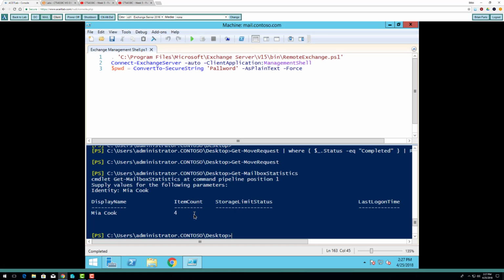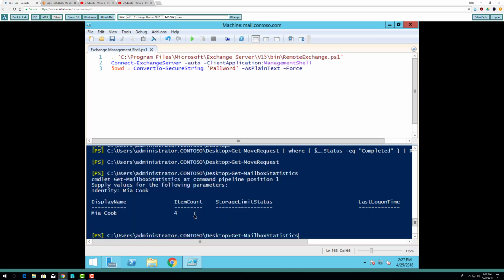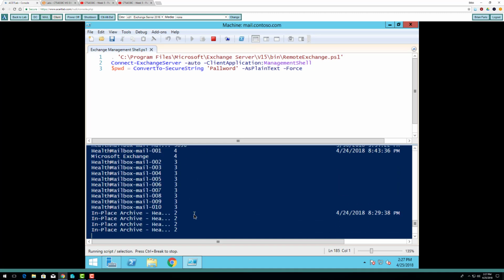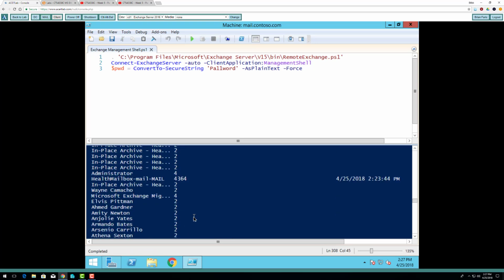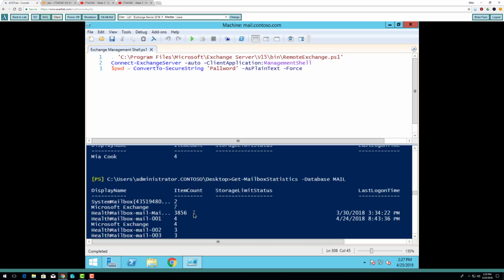mailbox statistics on a database. So let's do Get-Mailbox. I call mine mail. So to show me all the information about all my user accounts in that database. And if I don't want to see